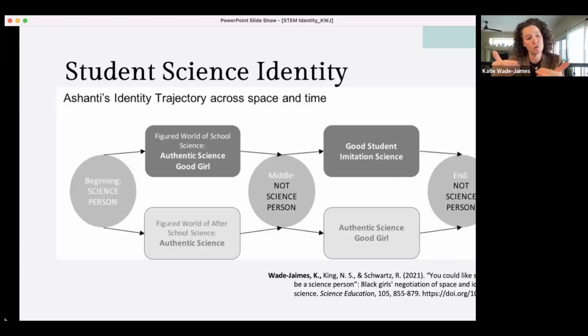Her teacher chose her to represent the class, but her teacher told her, okay, you can represent us, but I can't have you getting all pouty and getting upset at the science fair. And when her teacher told her that, Ashanti's demeanor just immediately deflated a little bit. She went back to her desk, put her head down on her desk, and she didn't really engage in class for the rest of the day.